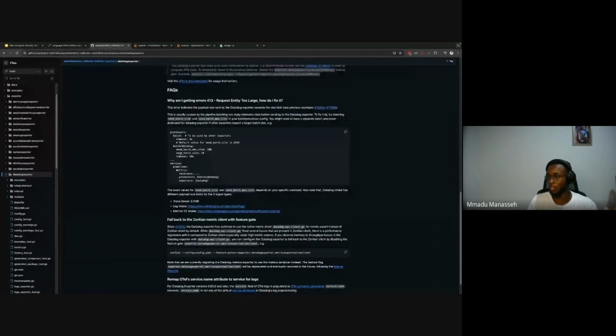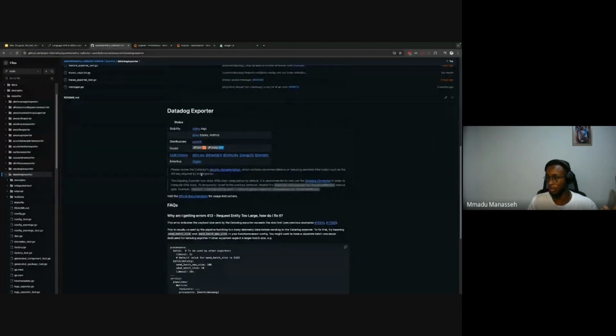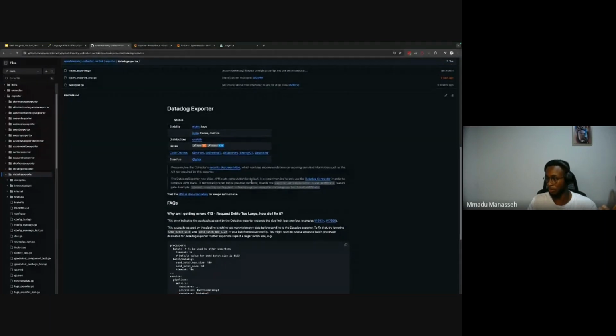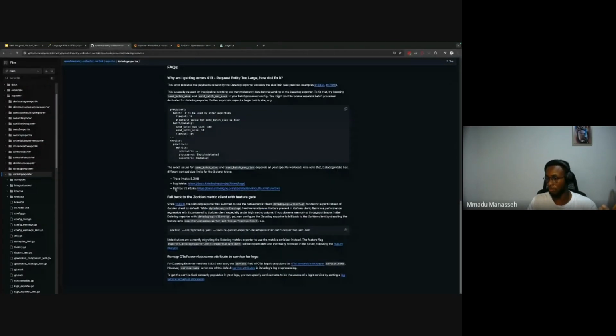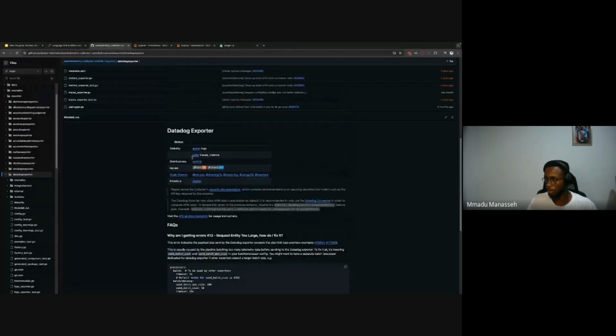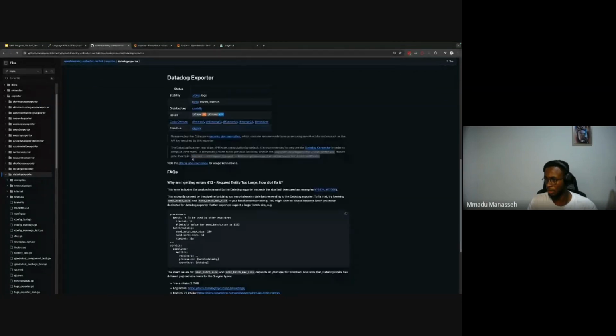So you can see how to configure the Datadog exporter. Where is Datadog exporter?